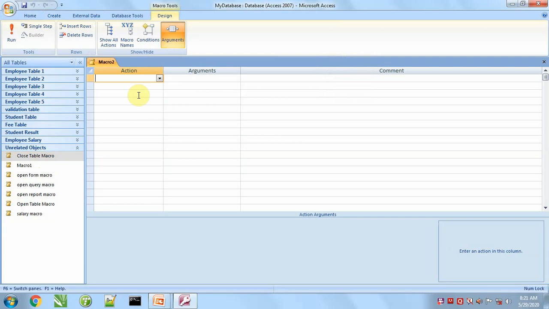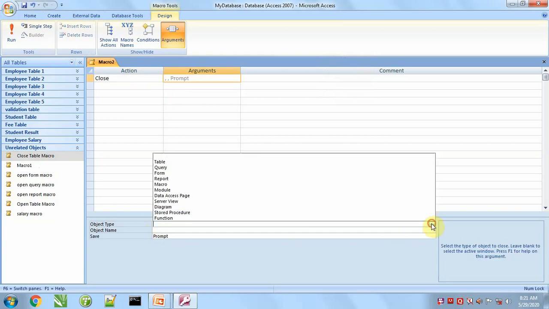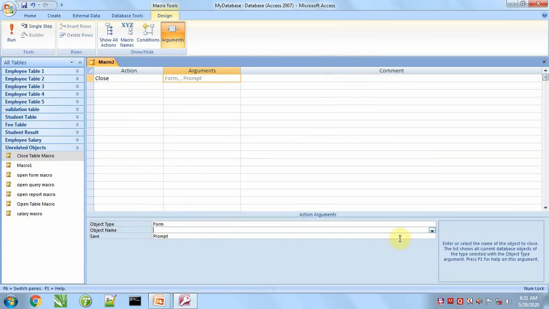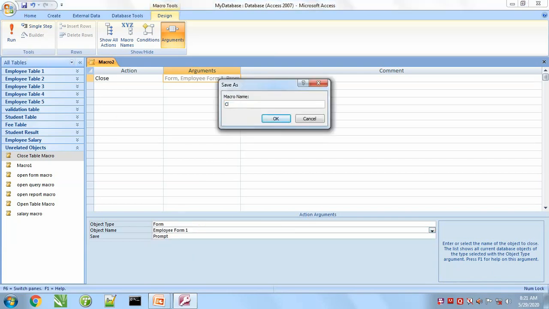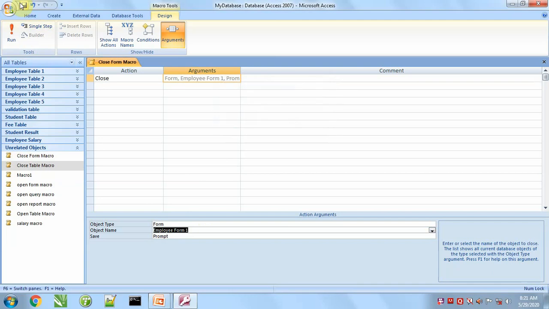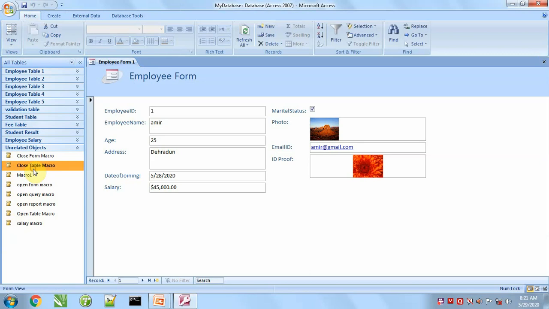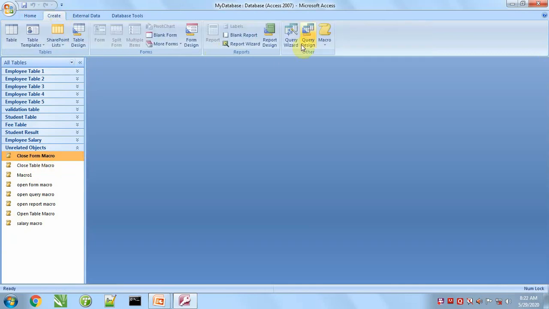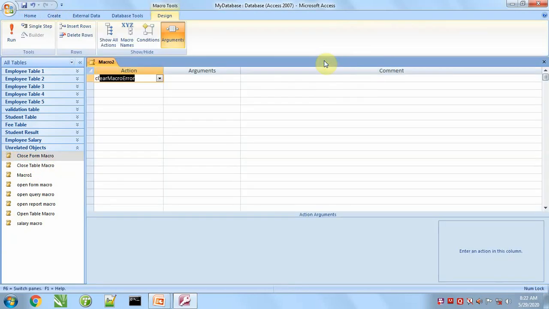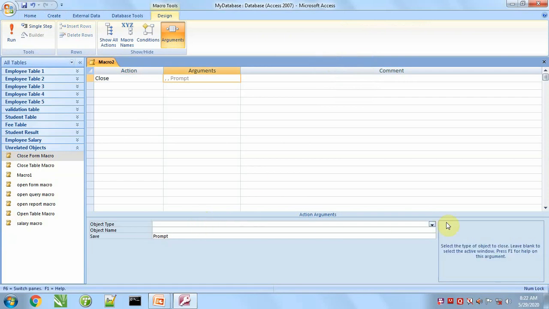Next, close form. This time we will close form, and form will be employee form 1. Open form, and close form macro will close that form. Next is close report.